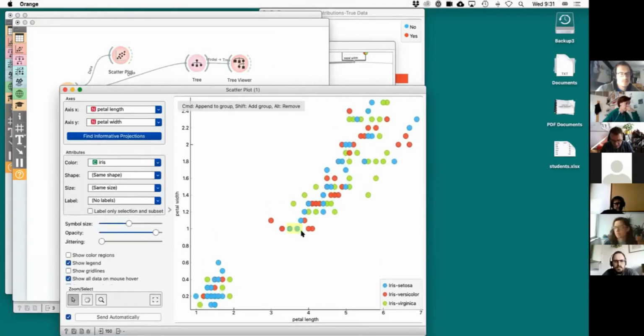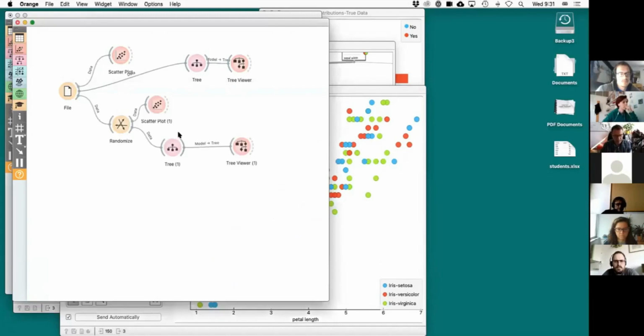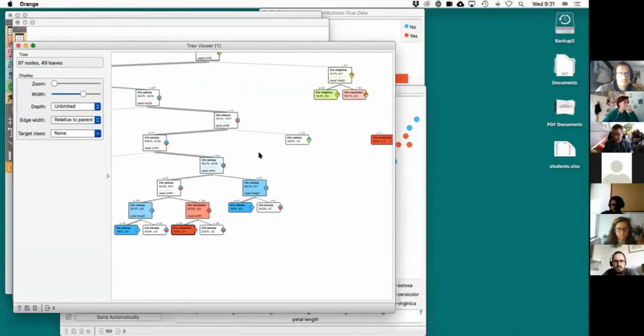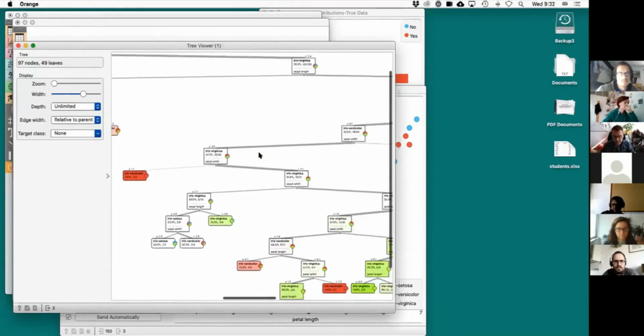Maybe these two blue ones have a box around them, saying, okay, for these particular values of petal length and petal width, I will predict this class. So basically, the tree I'm building on randomized data remembers all the points. The model got so complicated, it remembered all the points, right?